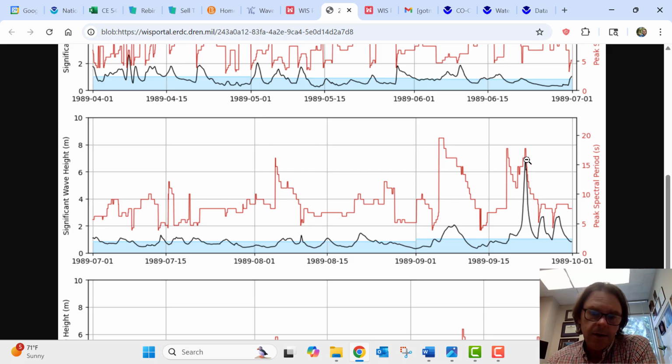And the Wave Information Study is going to use all of the meteorological information it can get to get a really good wind field, and it actually has to build the waves from offshore in the model and then propagate them to shore and build them along the way if they're building, things like that. So it does use real wind information to do these simulations, and then of course it's validated with whatever observations you can find. But back to Hurricane Hugo, looks like we had a wave that was about 7 meters tall,